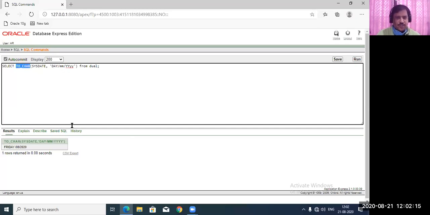Now I want to change it. We have a little time running out, so I'll do this now. DAY means the complete day name: Friday, today is Friday. If I write DD, that means a numeric value. The output is this, 21, 08. Clear? For every instance and every example, you just remember it, or you can take a snapshot of it. You can find the different options and use them. So I have used DD, and now I have used DY.